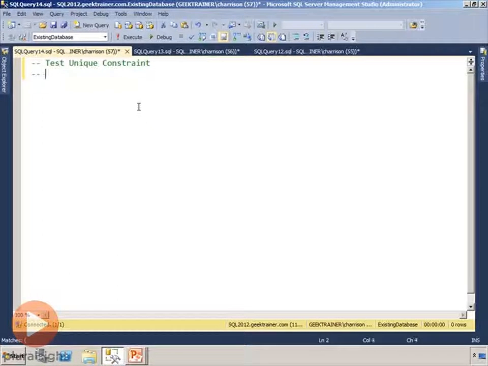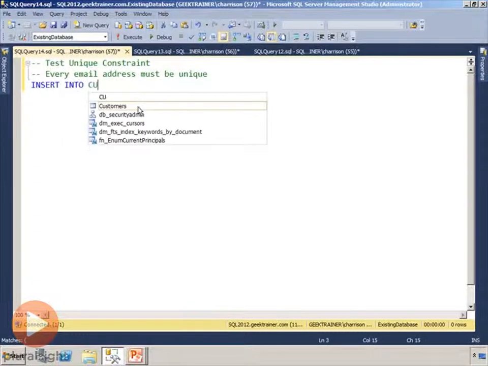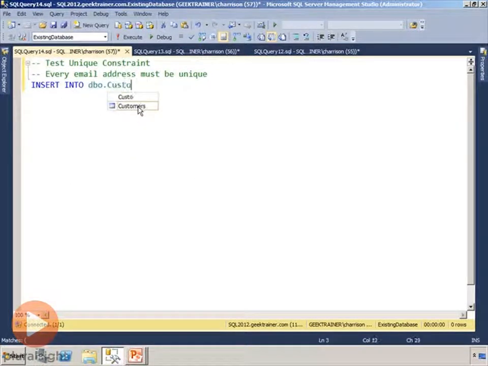And if you remember, the unique constraint was that every email address must be unique. So I'm going to say insert into customers, and I want to insert in the name and the email address. Now you're going to notice, by the way, that I'm not specifying customer ID. The reason for that is that it's an identity column, so you would notice that that would actually fail out if I tried that. And then I'm going to say values,